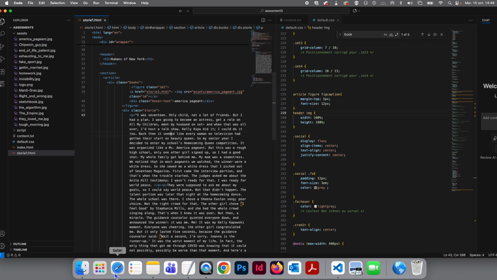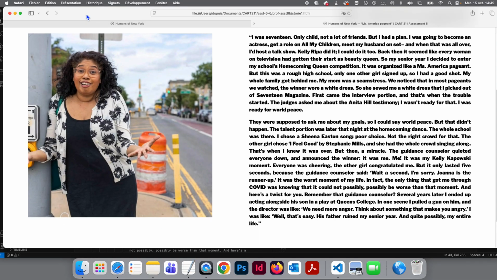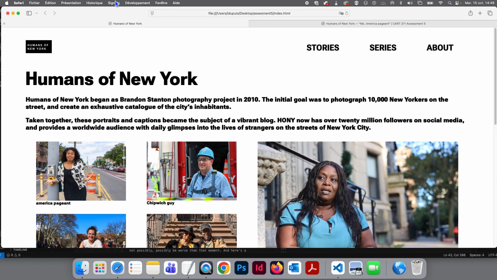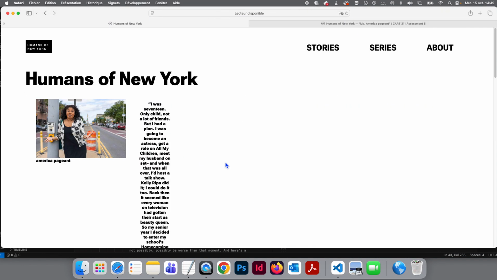So far, what do we have in the story pages? Once it's done, when we go there, we click there, and of course it's not done yet. My image is taking just a few columns, and my figure there is taking just a few columns also. So I want to make it so that it's split half of the page. There are several ways to do it,